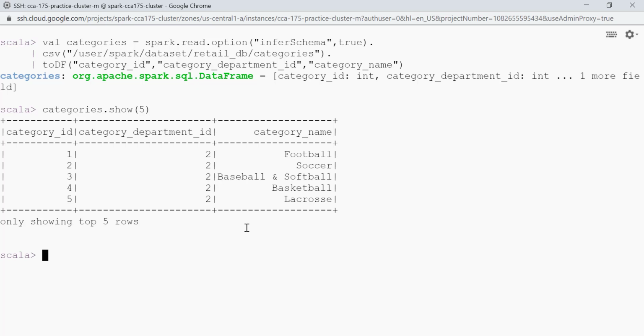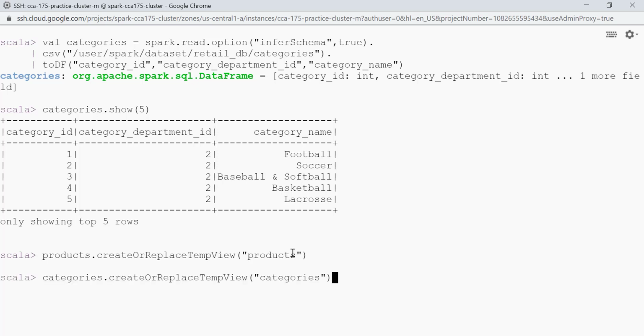Now what I'll do is I will register these 2 data frames as a temp view. So we are done. So we have registered products and categories data frame as a temp view. Okay, now let's fire SQL query on top of this view that we have created, and let's fetch the result.